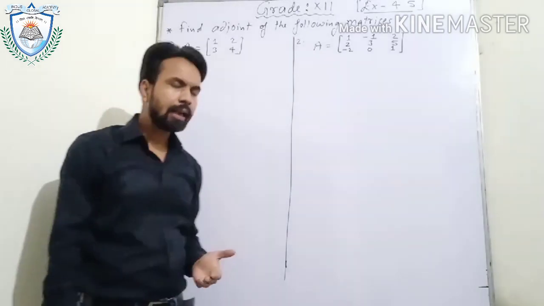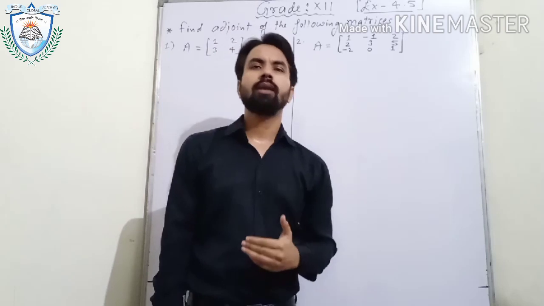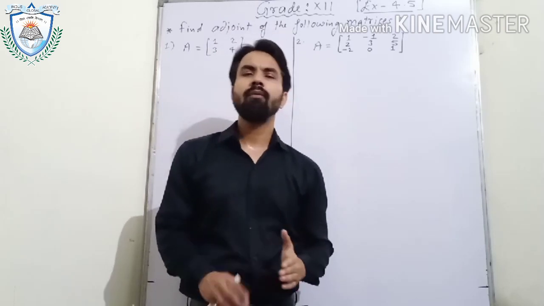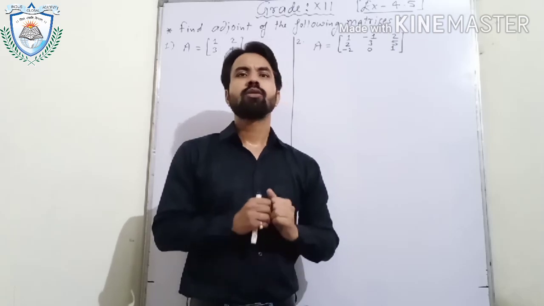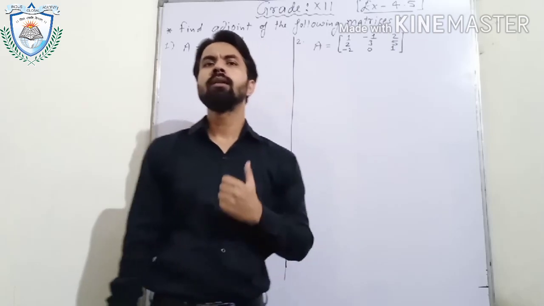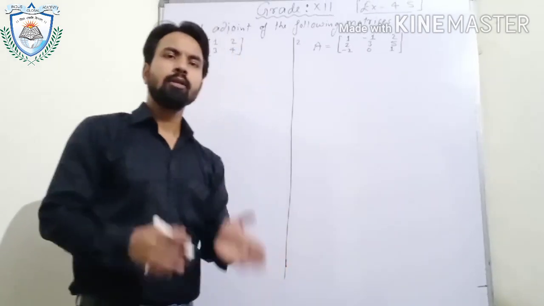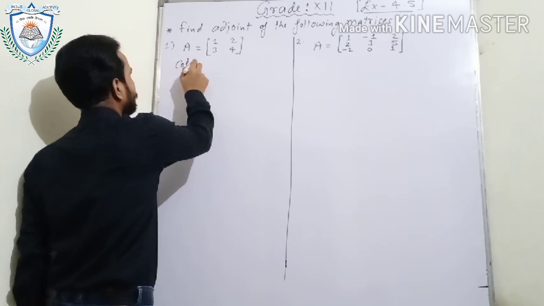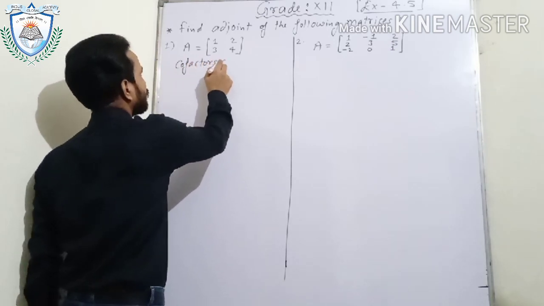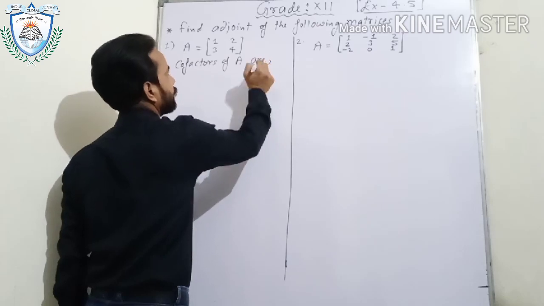For finding the adjoint of a matrix, first of all we will have to find the cofactors of every element of the given matrix. You know very well how to find the cofactors of a matrix. So first of all we will find the cofactors. Cofactors of matrix A are: